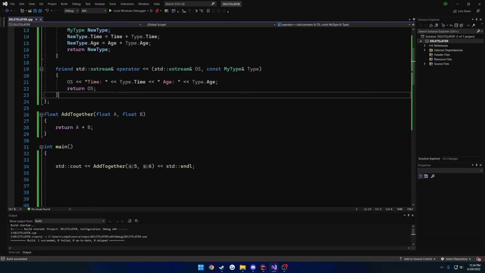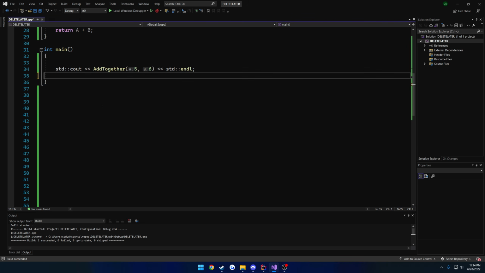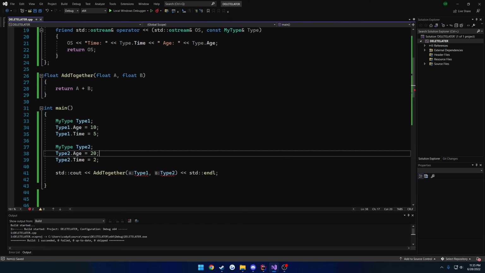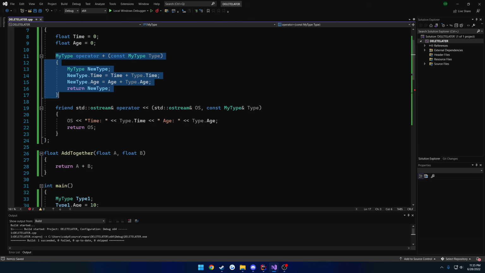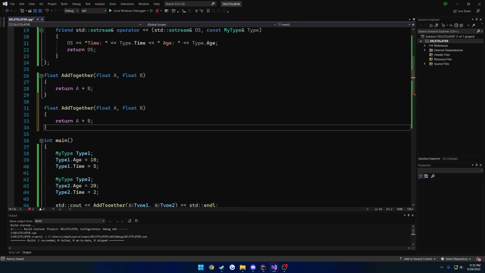Let's go ahead and see how we could do that. So I want to copy here and move this back up, like so. And I want to add together type 1 and type 2. As you can see, it's complaining because we cannot convert from my type to a float. So even though we've overloaded the plus operator, or addition, whatever you want to call it, it's still not going to work. However, I don't want to have to duplicate the function